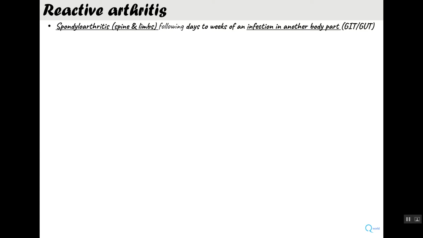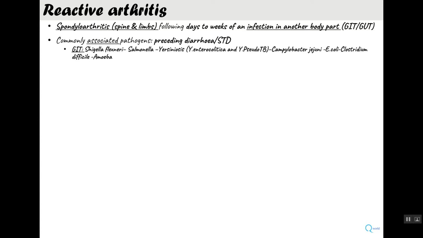So what is it? It is a spondyloarthritis, that is joint inflammation affecting spine and limbs, which occurs following an infection in another body part, usually days or weeks after that, and usually it is a GIT or genitourinary tract infection. The commonly associated pathogens which precede this arthritis by either diarrhea or sexually transmitted disease are Shigella flexneri, Salmonella,